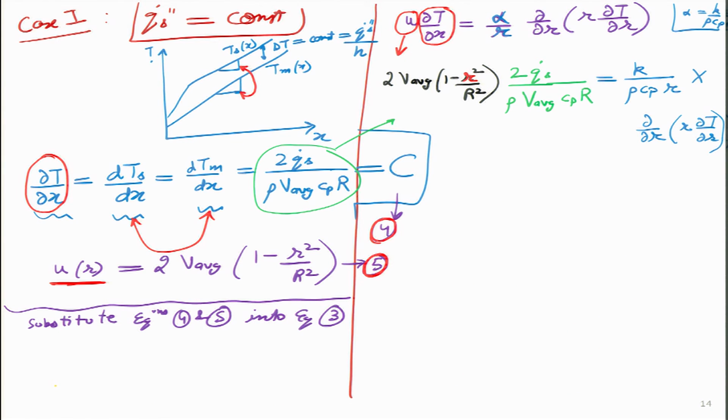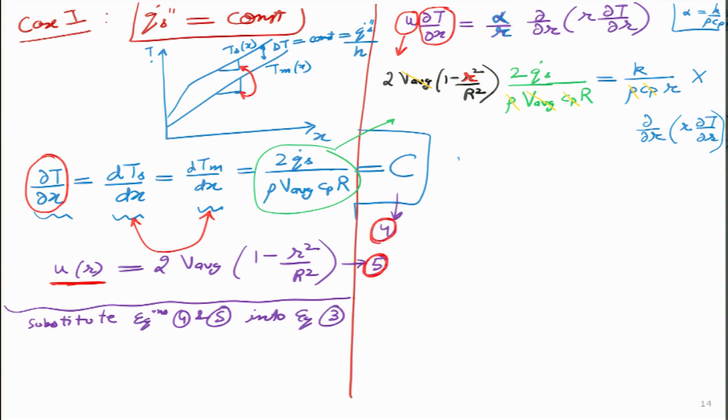Okay. Now, very good thing we will get over here, many terms will get cancelled. We can see immediately V average cancels out with the V average, right? This rho cancels out with rho, Cp cancels out with Cp. What is it that is remaining? Let us quickly collect the terms which are remaining.